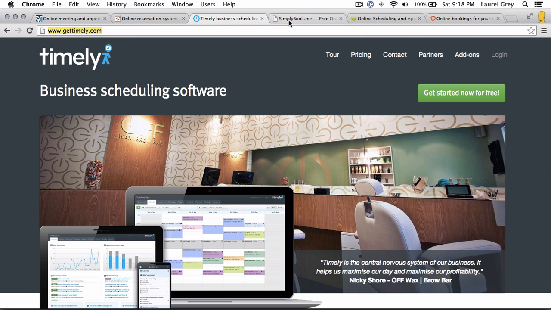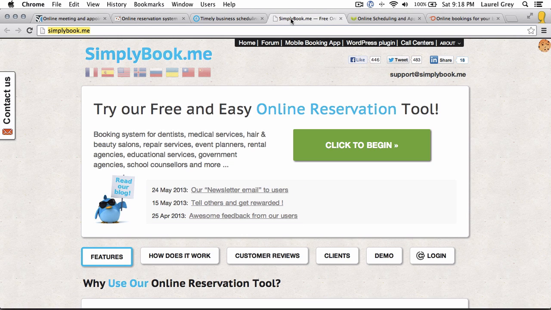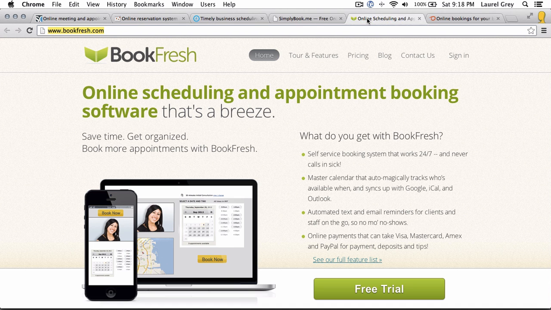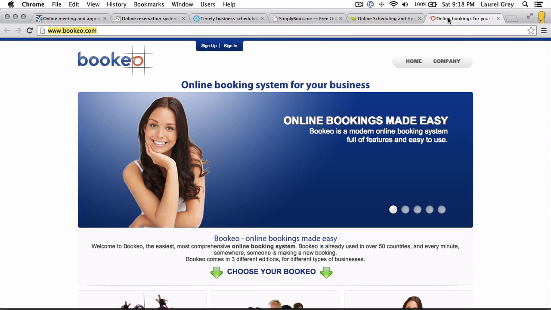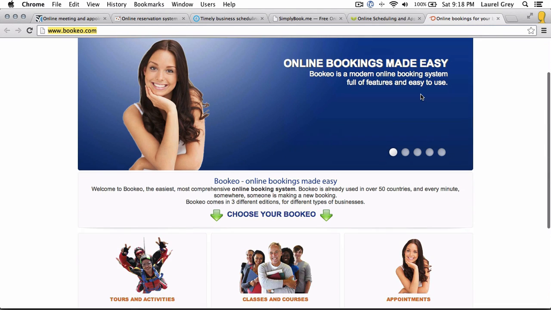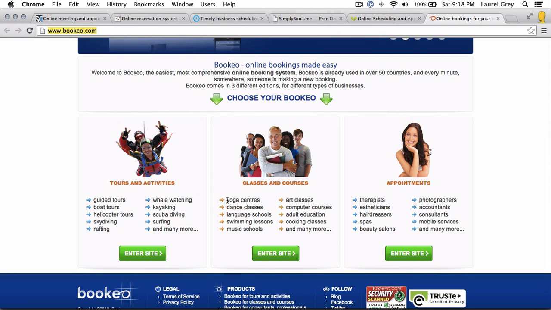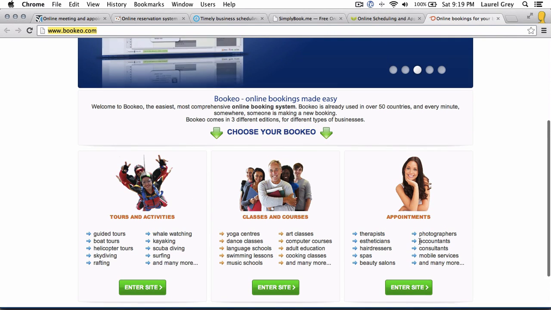Timely is great for salons. Simplybook.me, I haven't played around with that. The website looks a little bit not too interesting. BookFresh looks kind of cool. It looks like they have an iPhone app. And the other one, Bookio, looks a little bit more corporate. I haven't actually looked at the demo for this, but that's great for yoga centers, for dance classes, appointments, all